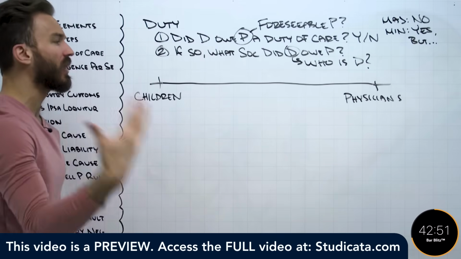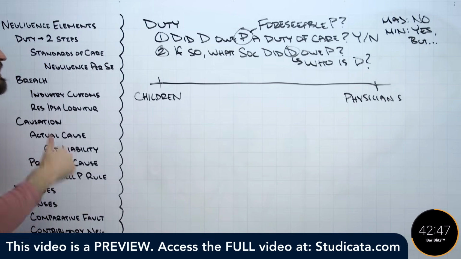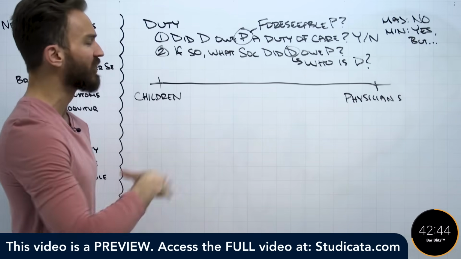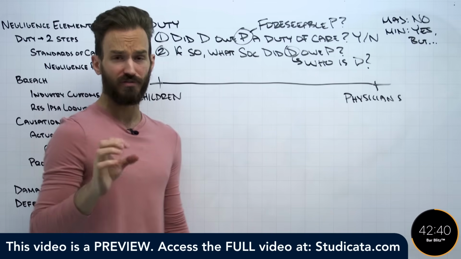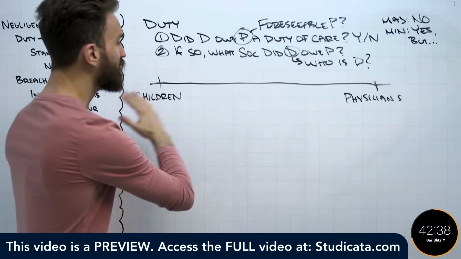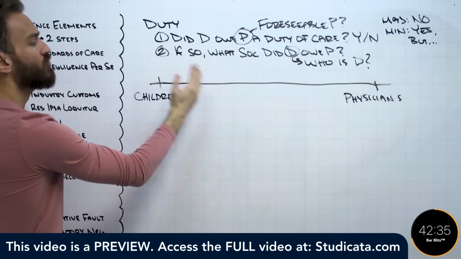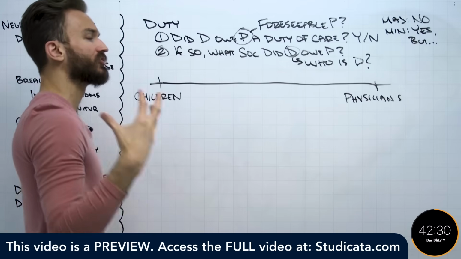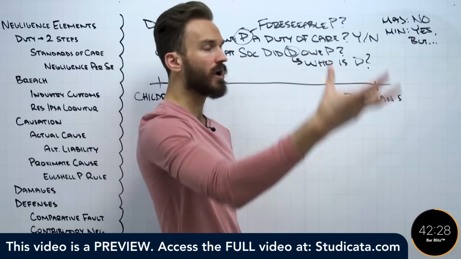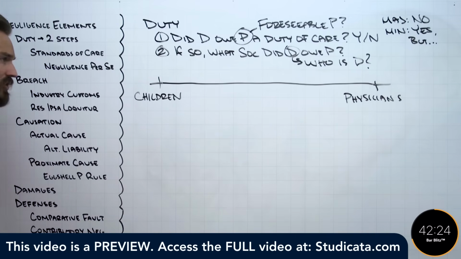Again, the main classes that you want to be aware of are going to be children, professionals, physicians, common carriers and innkeepers, automobile drivers, bailors, bailees, and possessors of land. If you see any of those defendants, if the defendant is any of those classes, you know the standard of care is going to be defined. We call those alternative standards of care. You want to be aware of those. But if the defendant is none of those classes,